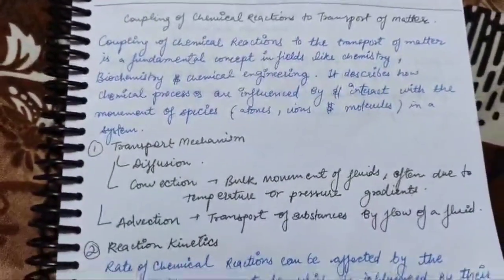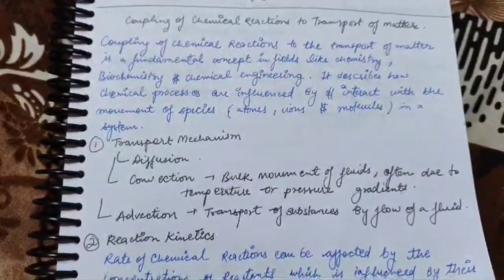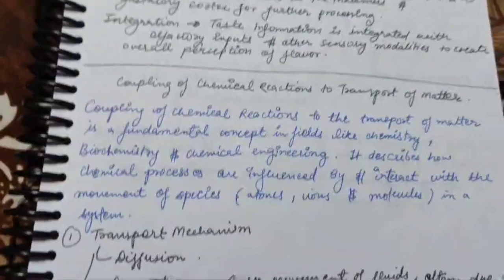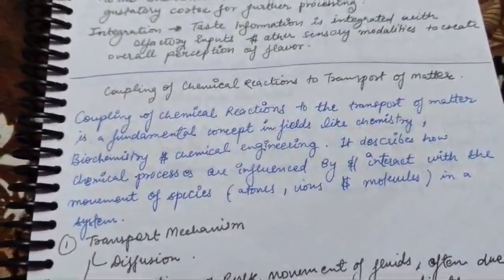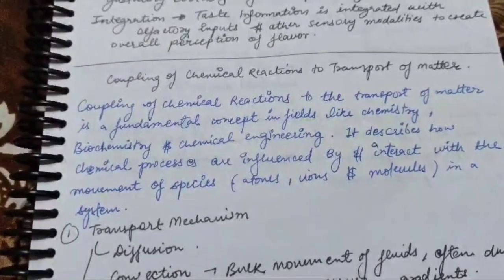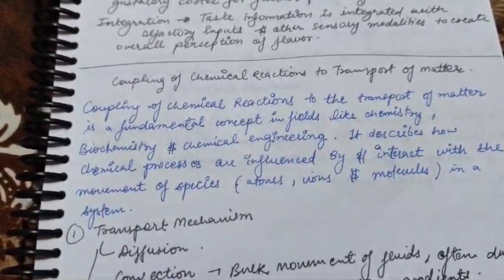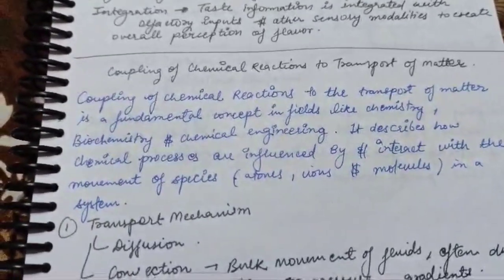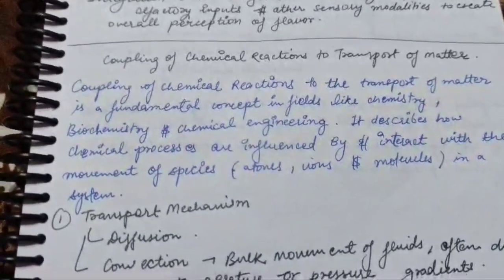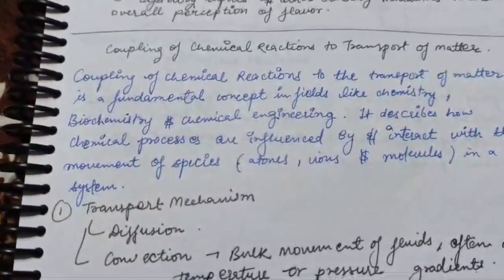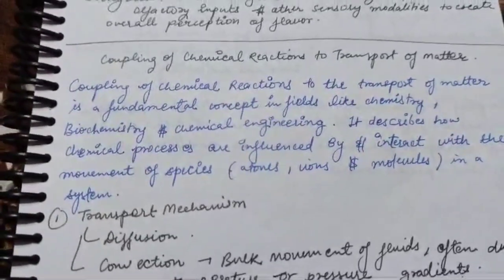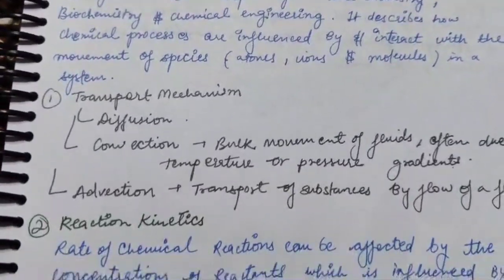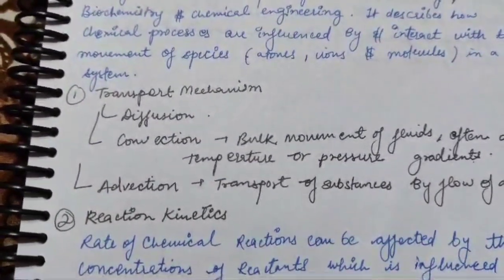Further we talk about the coupling of the chemical reaction to the transport of matter. Coupling of the chemical reaction is a fundamental concept in fields like chemistry, biochemistry, and chemical engineering. It describes how the chemical processes are influenced by the interaction and the movement of particular atoms, ions, and molecules. Transport mechanisms are of many types, like diffusion, convection,